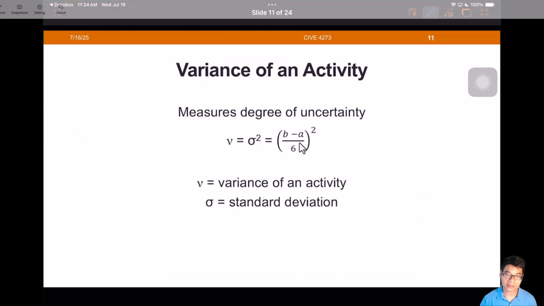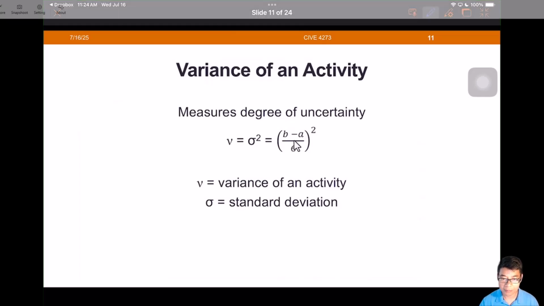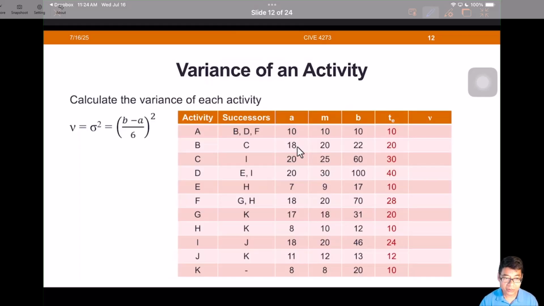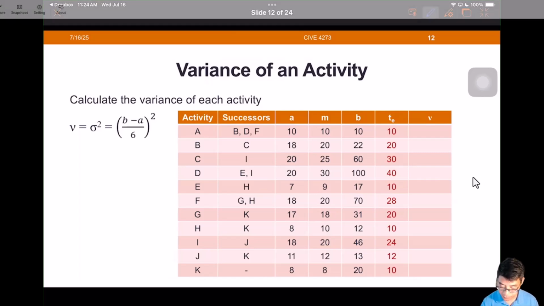Just be careful, that is (b minus a) over 6, and then for the entire value just take the square. It's not (b over a) squared, then over 6. Just be careful. And then based on this formula, we're able to get the variance for each activity's duration as follows: